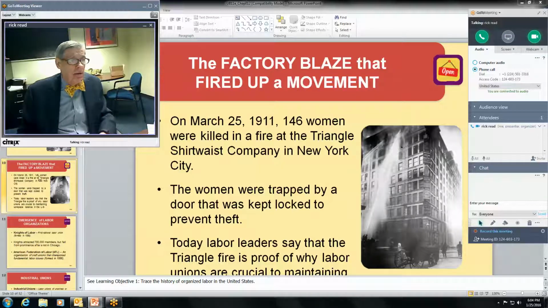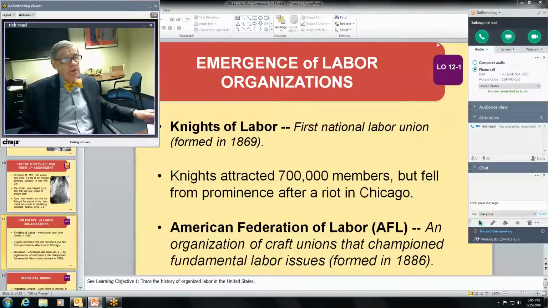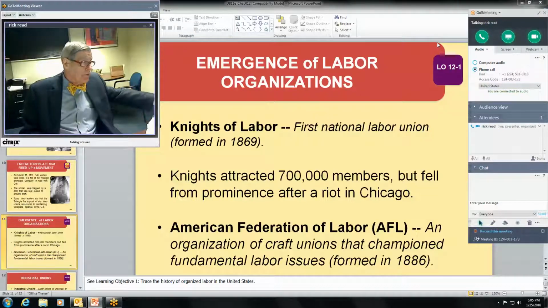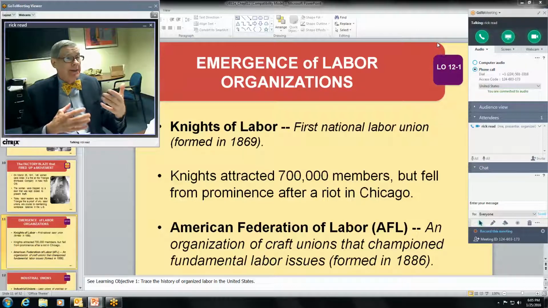The Knights of Labor was the first union in the United States, but unions actually go back to the cordwainers, shoemakers, if you will, back in 1792. So they go back that far. Most of those people were skilled workers, and they had guilds and things of that nature, but they weren't unions like we know them today. So we had the Knights of Labor. They accumulated about 700,000 members, and never were able to overcome the